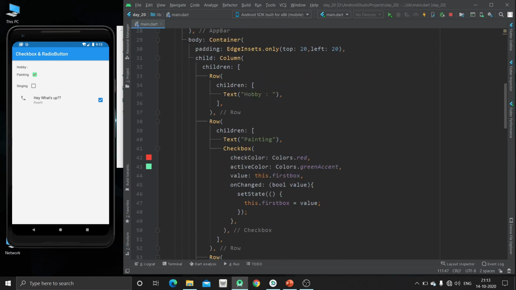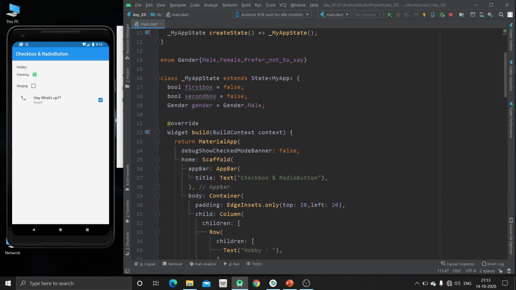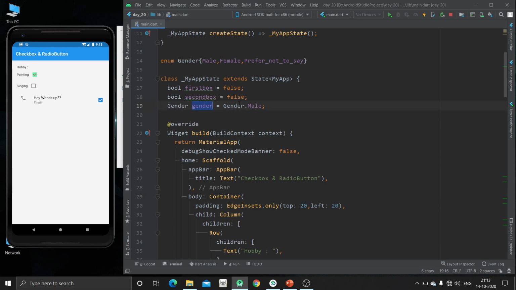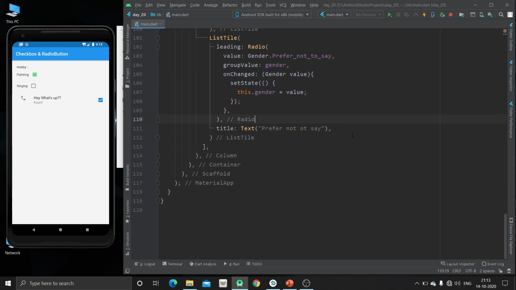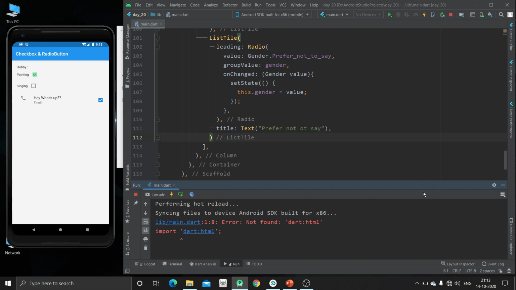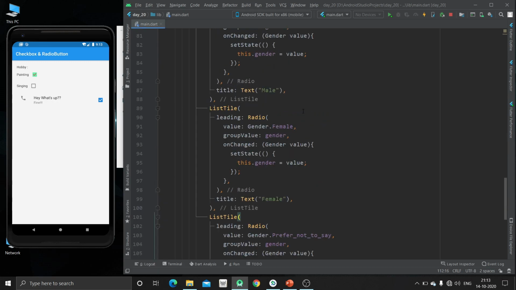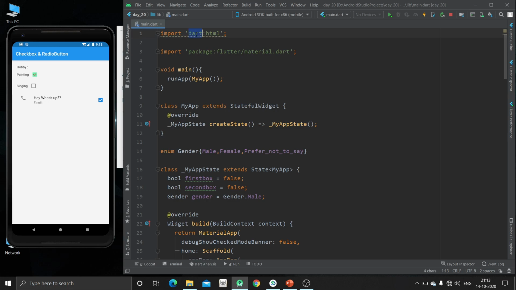Now as in this gender we have specified gender dot male, by default it will be checked. We are having some error. We will see. We haven't imported anything.